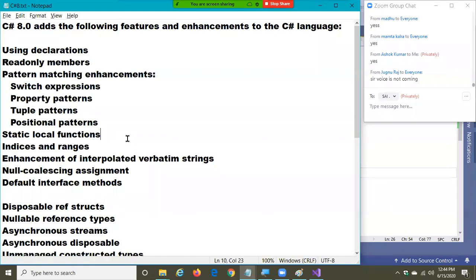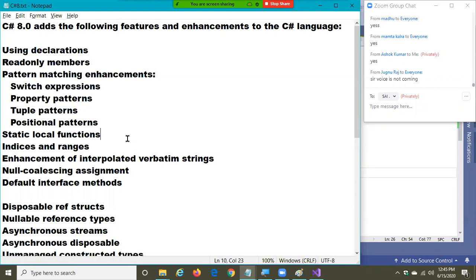Even if you go to the Microsoft documentation, they said that you can do static locals, but why to do this? There is no information from Microsoft also still, because these are new features. All these new features, it takes time for people to elaborate the advantages of it. Day one, we cannot just understand what is the need of it.